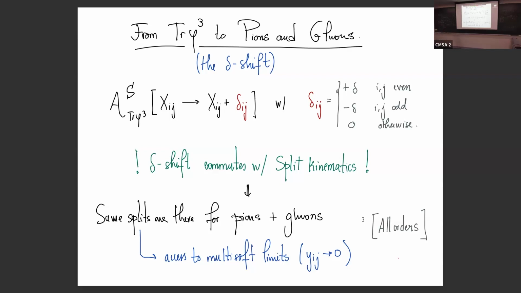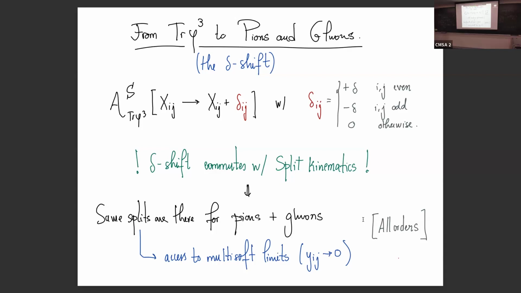This is going to sound very crazy, but if you sat in one of these talks, you probably have some idea why this is the case. But you just have to believe me that at low energies, for different values of delta, for delta equal to a non-integer value, we get the NLSM. For delta equals 1, we get gluons at low energies. But all that matters for these purposes is that they can be reached by a simple kinematic shift